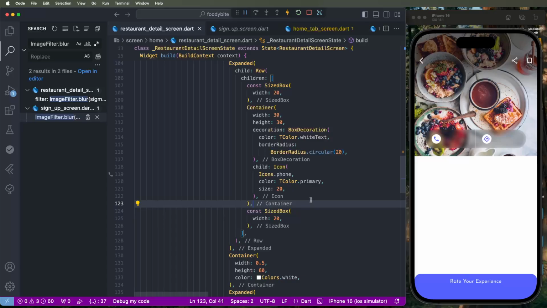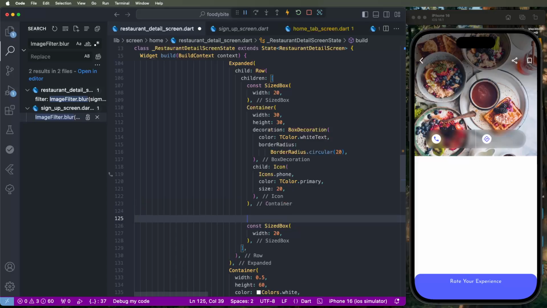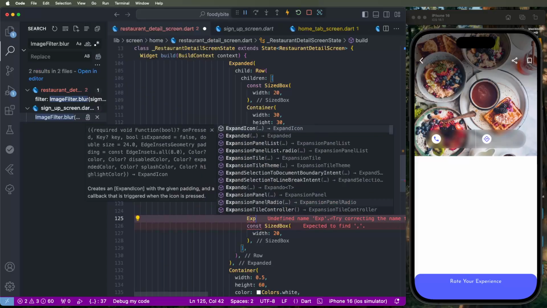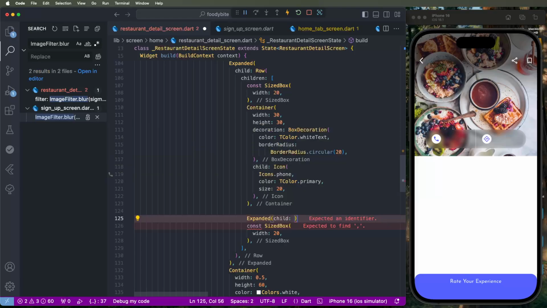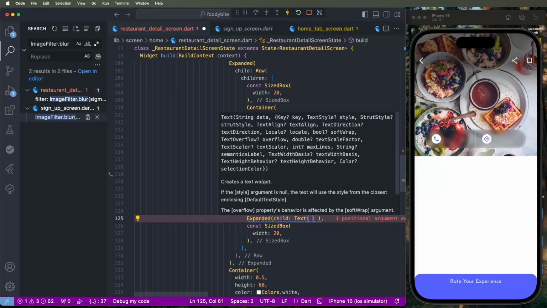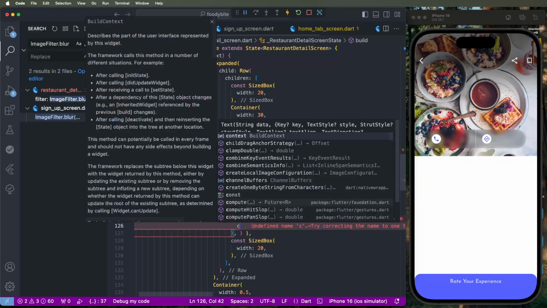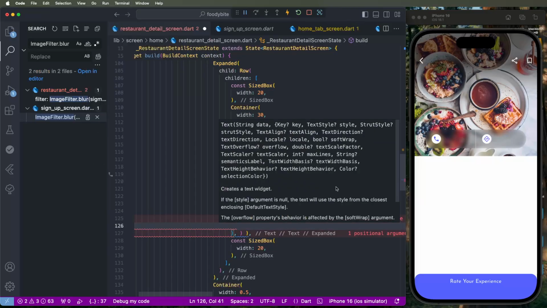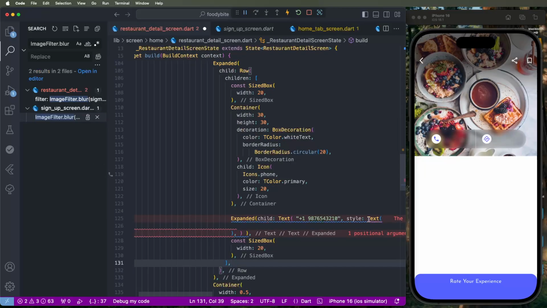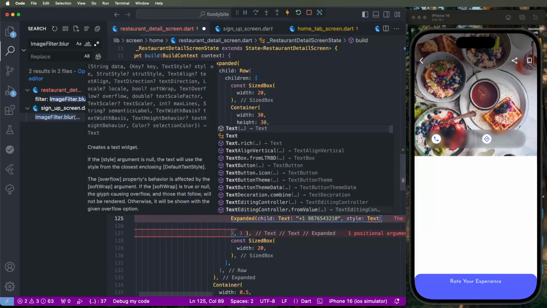Need to configure this here. Need to call here the expanded and we need to set this here the text. Give this here the phone number plus like here. Set here the style, text style, set here the color, maybe fix this here the text style,